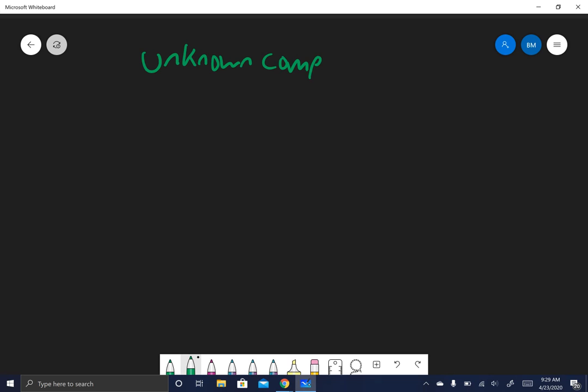compound, and the compound contains 1.2% carbon and 14% Cl. So now the other day we did some problems where I gave you the mass of these elements. You had to convert them to moles, divide by the lowest number to get the empirical. This is very similar. So an unknown compound,